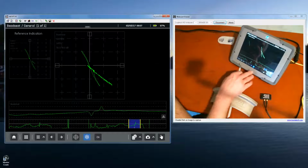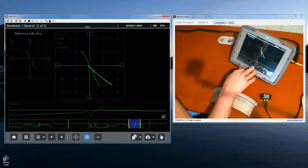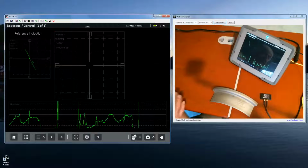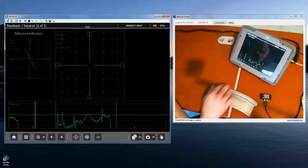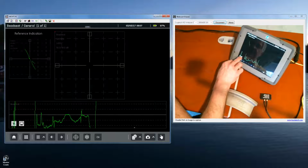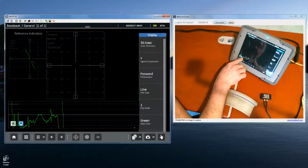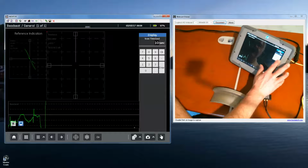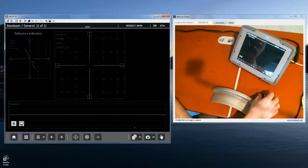So the nice thing about this, now I have the scan buffer set to 30 seconds here. You may not need a buffer that long, 10 seconds. When you're working just with the standard like this, it's only a small section of the wheel. That's a very long buffer. If you come into the display menu of the strip chart, that's where you can set the length of time for the strip chart to record. So if we drop that back to 10 seconds,